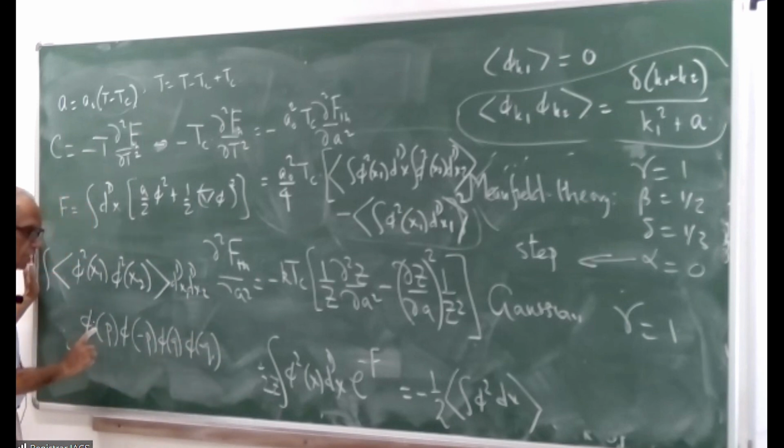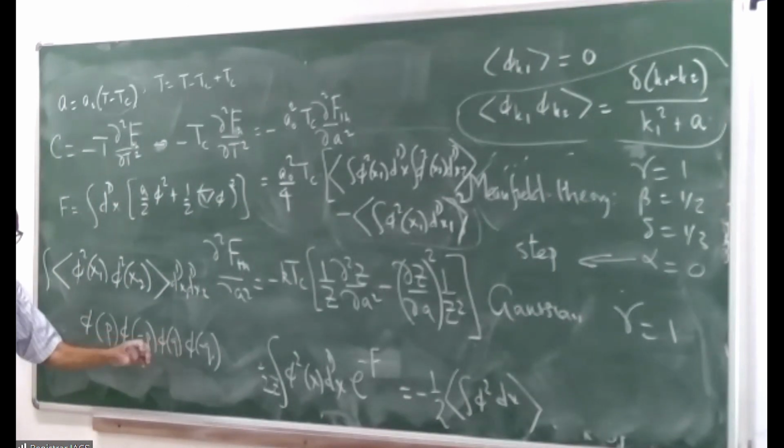In general, it would be phi p1, p2, p3, p4, delta function of p1 plus p2 plus p3 plus p4, which is going to finally look like phi p, phi minus p, and therefore